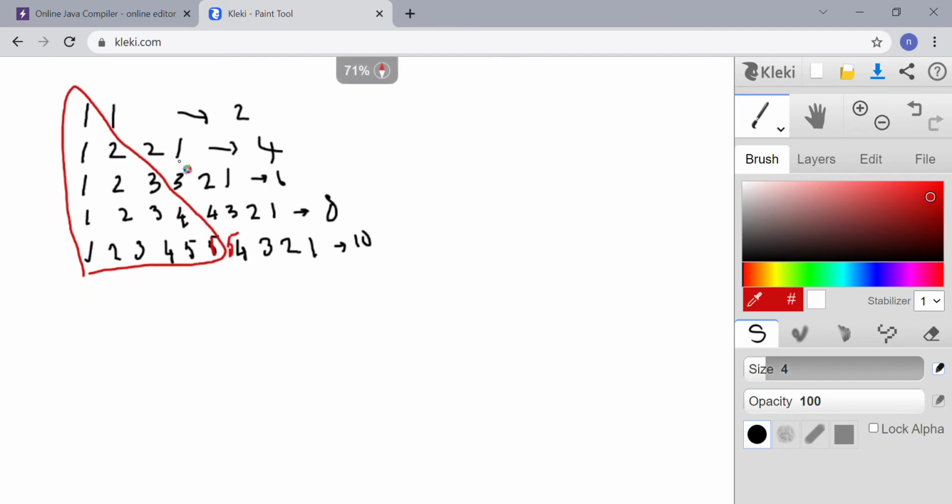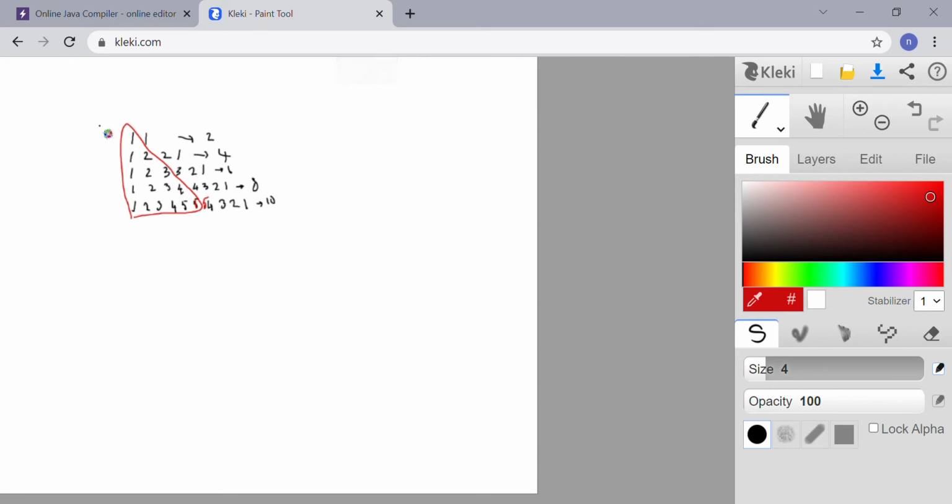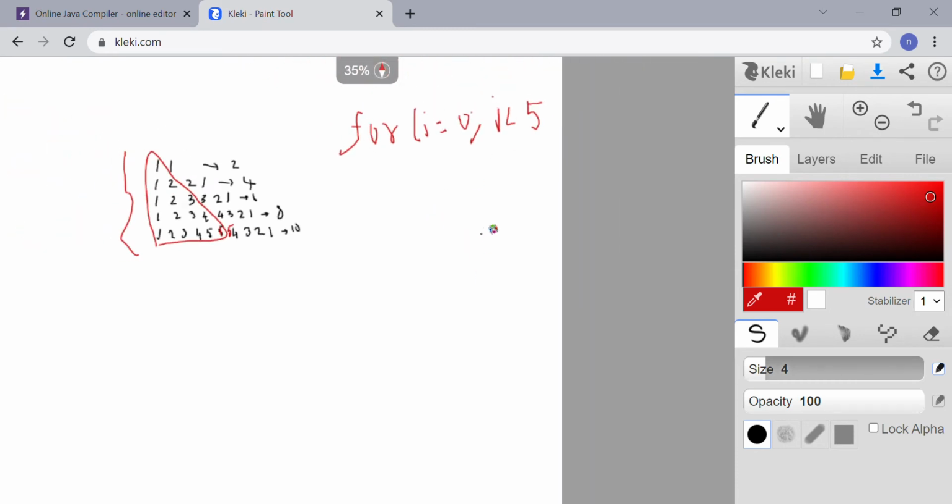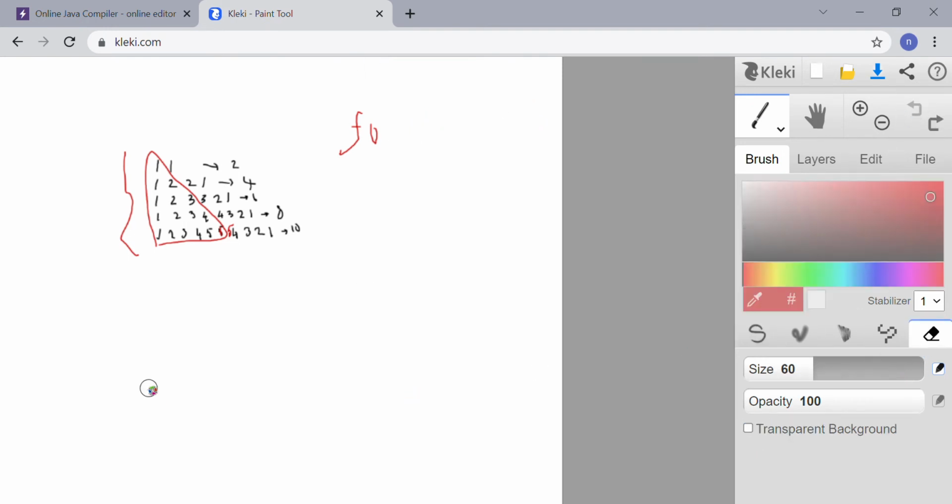For this we need to write a for loop. Absolutely this whole pattern is under the control of nested loops. So for i is equal to 0, i lesser than 5. Now let me explain.